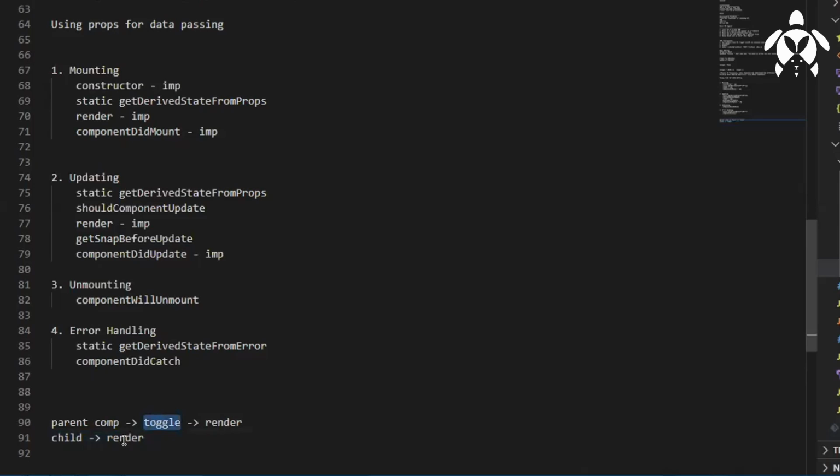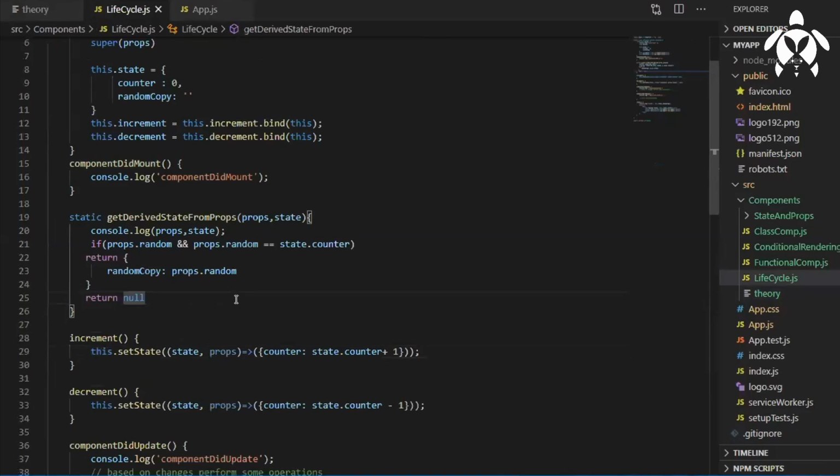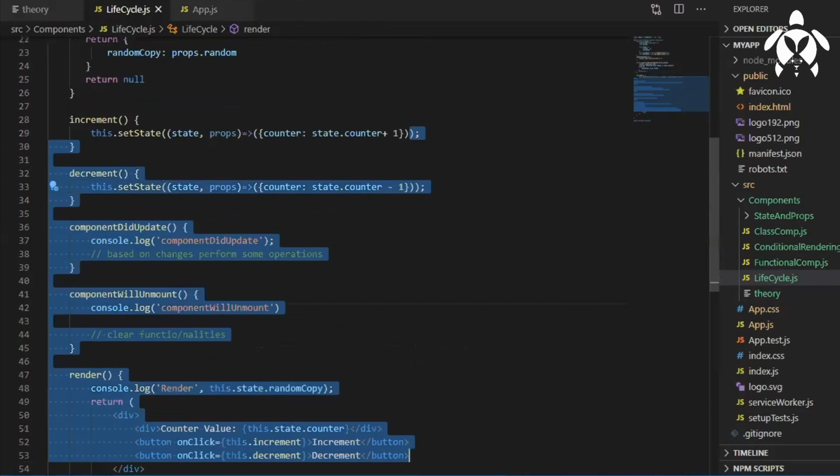We do have one method which I'll show you, that is shouldComponentUpdate. It is asking us, do we need to update it? In this case we do not need to re-render the component, right? I'll show you shouldComponentUpdate after this method. So now let's go ahead and increment it to 20, and then let's see.